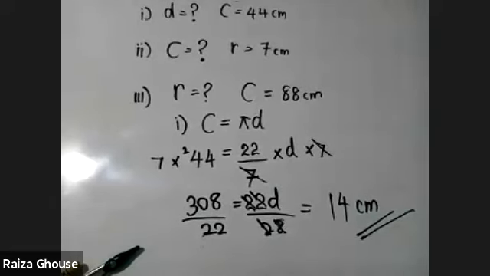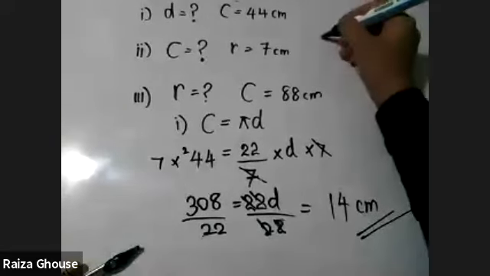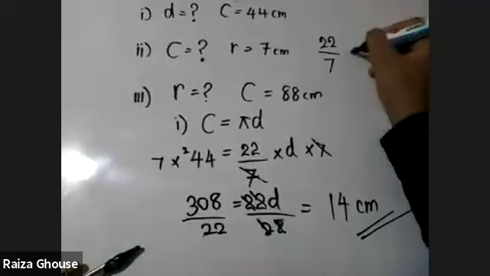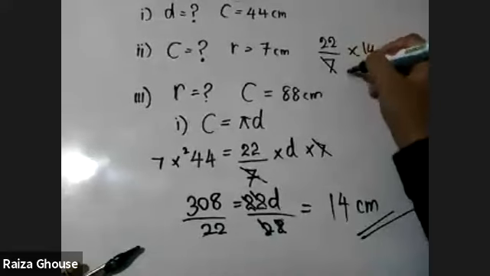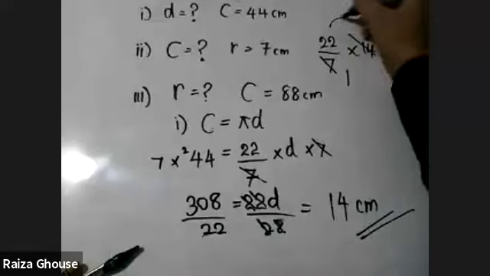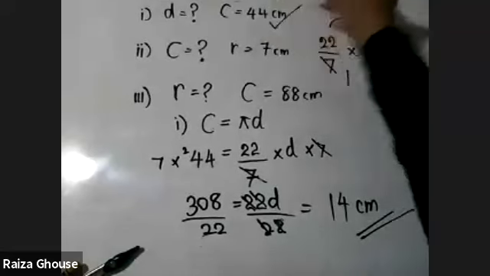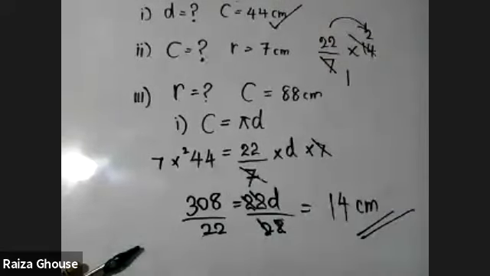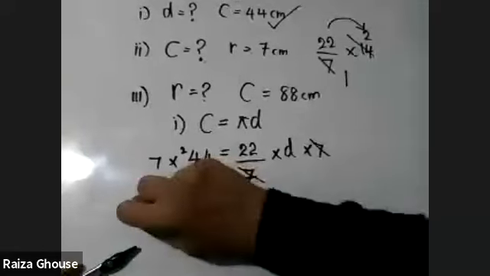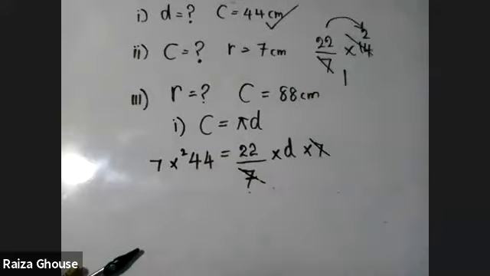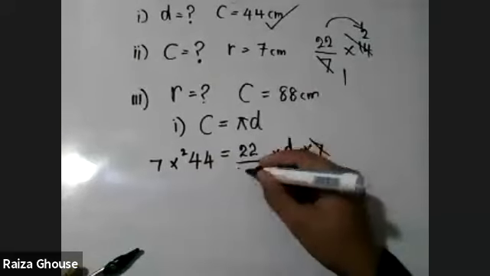Who got this answer? I got, teacher. Yes, yes. That's the thing. I was getting confused. 14 centimeter. You can check your answer. 22/7 into 14. 7 times 2, 2 into 22. You are getting 44. Is this question clear? Excuse me, teacher. But I took the answer. I got the answer 14 centimeter, but in another method, teacher. Another method means I used reciprocal. Okay, reciprocal. Okay, this way also we can do it.